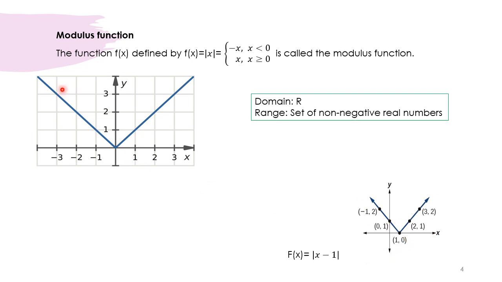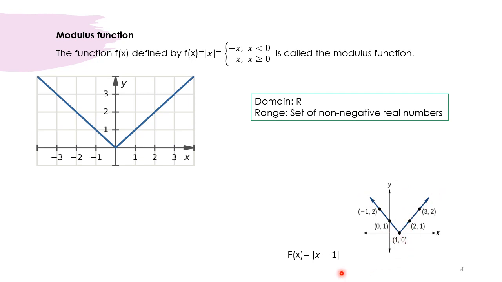Because as we know, the graph is a symmetric one. It is a V-shaped symmetric graph. Symmetric about the y-axis, but here again if you draw the line here, it will be symmetric to this. But anyway, V-shaped graph.